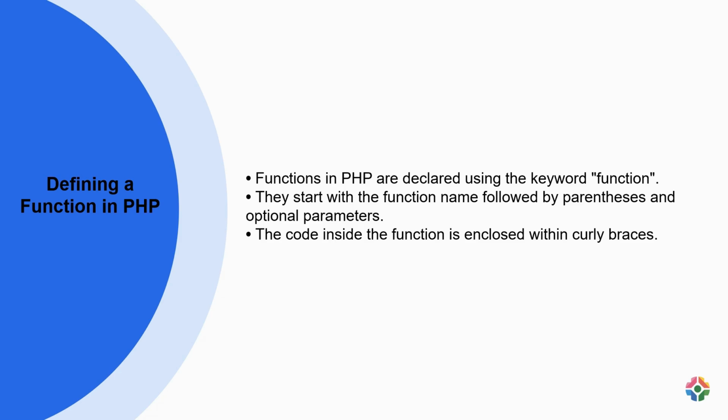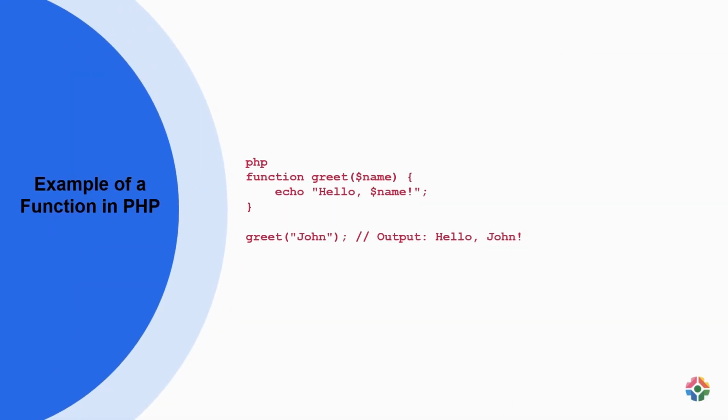return the result. The provided code snippet defines a PHP function named greet that takes one parameter, name, and outputs a greeting message using that parameter. A specific name, John, is then passed to the function greet as an argument, resulting in the output, "Hello John,"